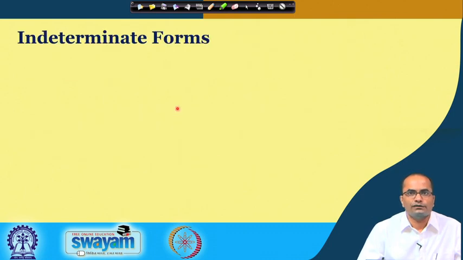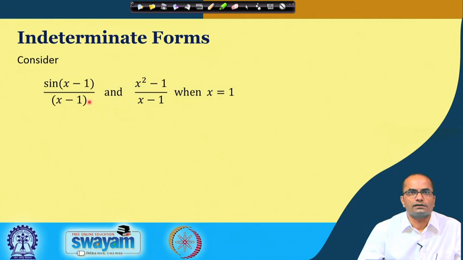And what are the indeterminate forms? For example, if we consider sin x minus 1 over x minus 1, this ratio, or we can consider x square minus 1 over x minus 1, we want to evaluate these when x is equal to 1. If we substitute x is equal to 1, we simply get 0 divided by 0. Similarly, here as well we get 0 divided by 0. So, in these cases we cannot just simply substitute x is equal to 1 and get the value of these